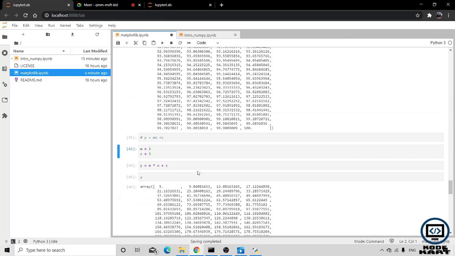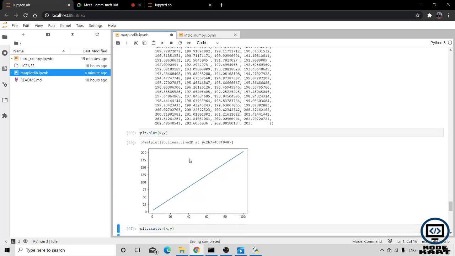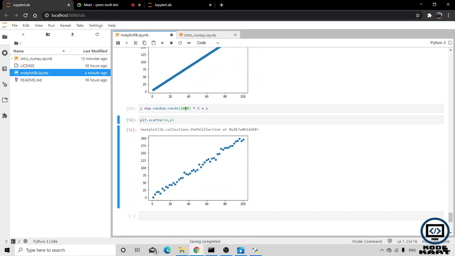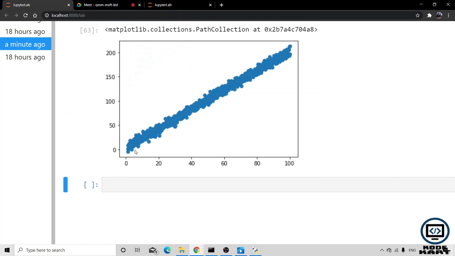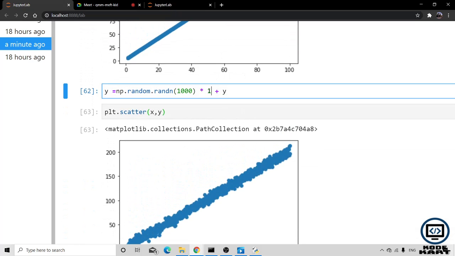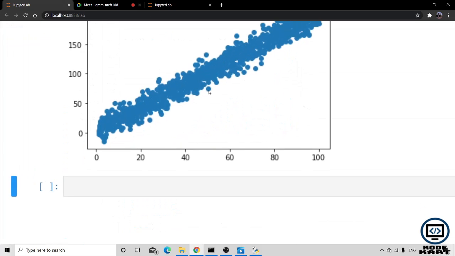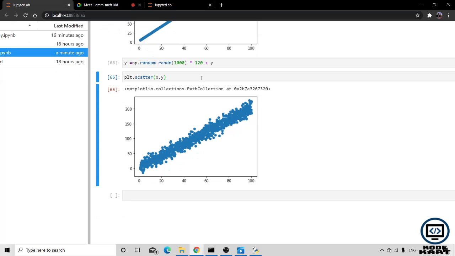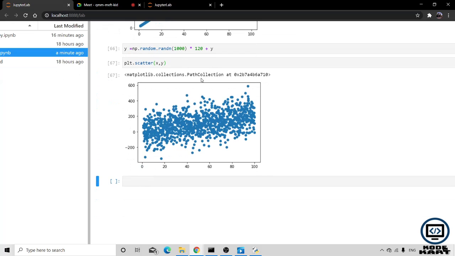If I do it with 1000 data points, yeah, we are getting an error because we have to do it for 1000. Boom. Now you are able to see that the data is generated with some error, with some noise. I think this is now giving you a more perfect view. This is the kind of data we are going to see in the videos. It is the noise that we are getting into linear data. That's what we are going to see in linear regression after two or three videos.